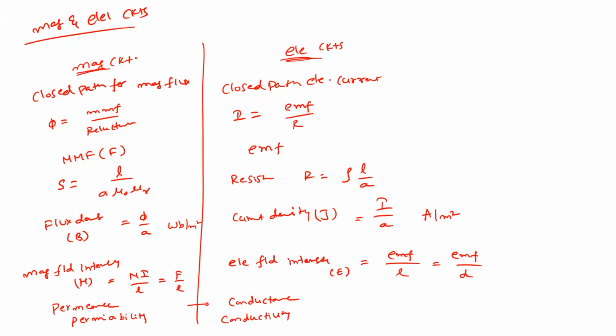So these are the similarities between a magnetic circuit and an electrical circuit. We already stated that electric circuits and magnetic circuits are analogous. Similarly, KCL and KVL are both analogous. Where you talk about current, here we will talk about voltage in KVL, KCL. These are magnetic parameters and these are electrical parameters. So what are the dissimilarities?